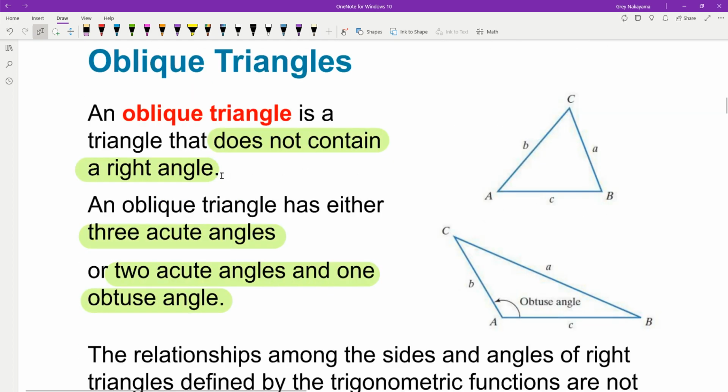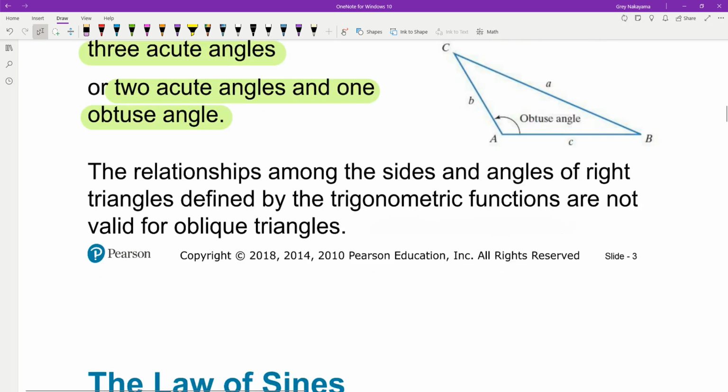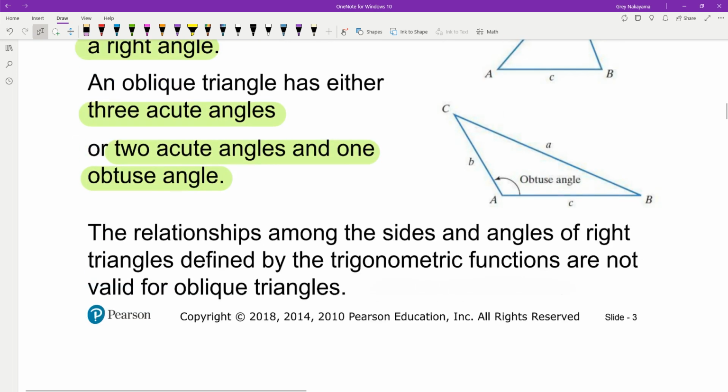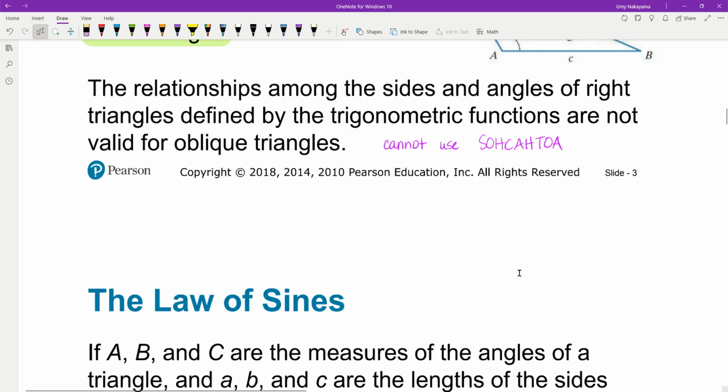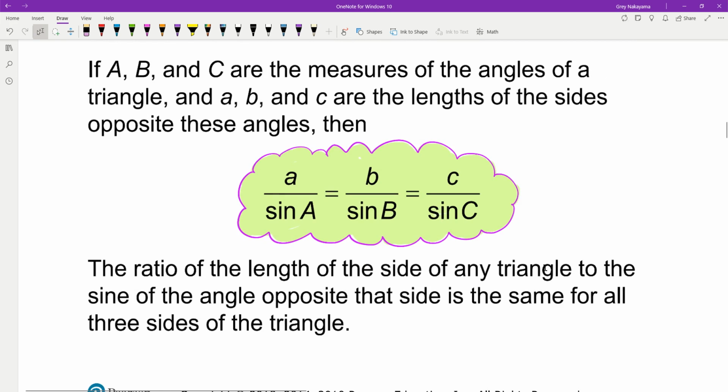An oblique triangle is one that does not contain a right angle. So it either has 3 acute angles, or it has 2 acute angles and an obtuse angle. More importantly, because it does not have a right angle, you've got to remember that you cannot use SOHCAHTOA at all in these problems. Okay, so this first one that we have is the law of sines, and it tells you that the